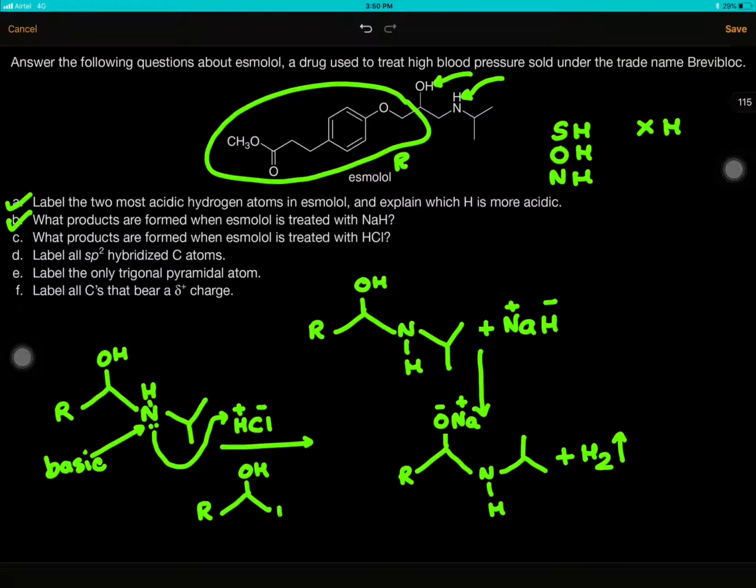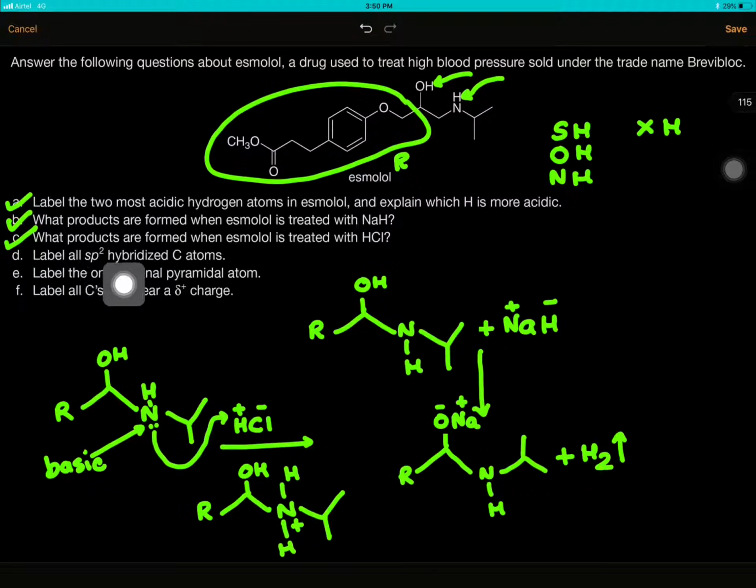OH, NH, H plus. So that is again the salt formed when it reacts with the acid. So basically this is the basic group, so it will react with the acid, and this is the more acidic group, so it will react with the H minus, that is a very powerful base. Now the next is,